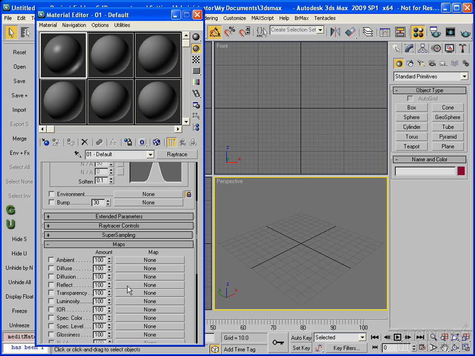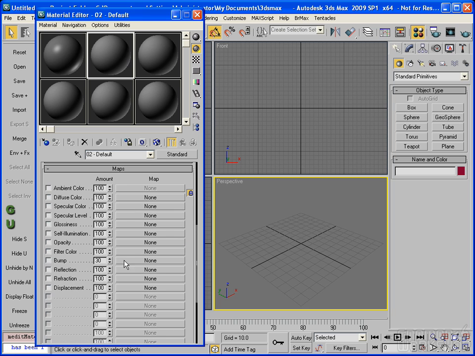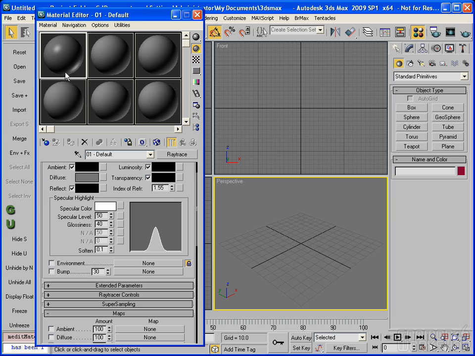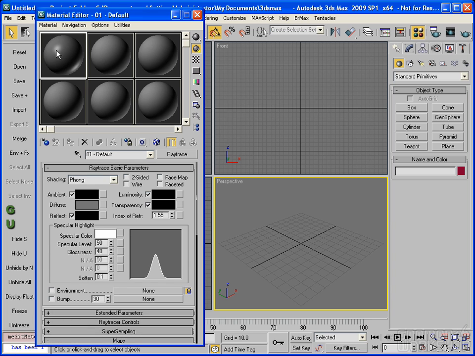And the reflect is what tells it how reflective the material is, and the environment is what you would like it to reflect. And in the standard material, both of those are sort of combined into one map here. So it's actually kind of nice to have these split up into two separate maps. So the main way to do reflections is you first of all need something in your background to reflect, and then you have your